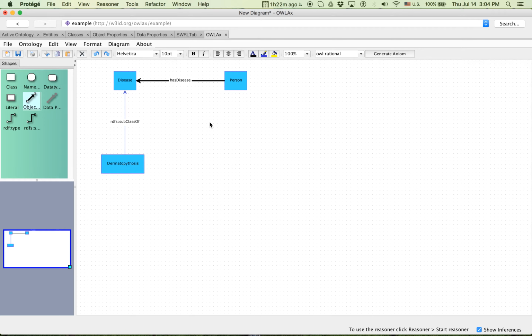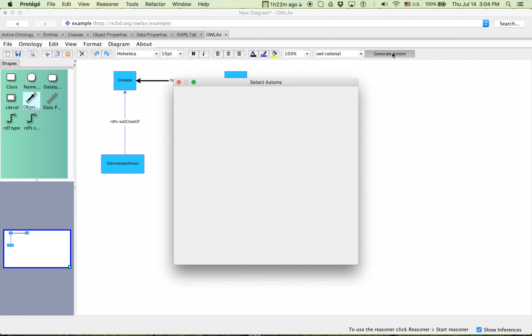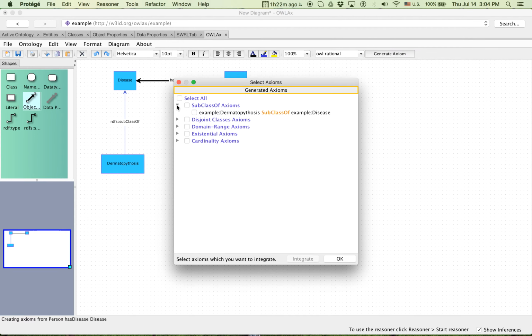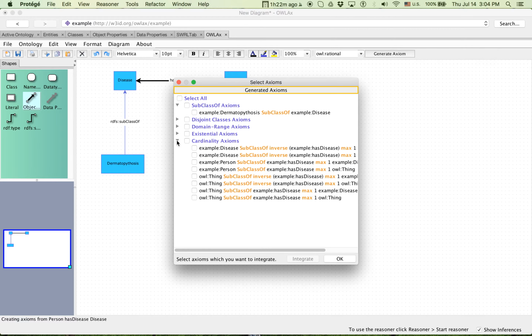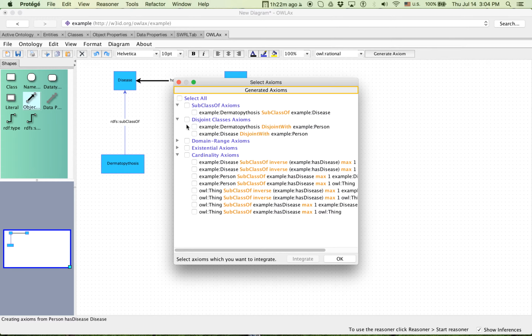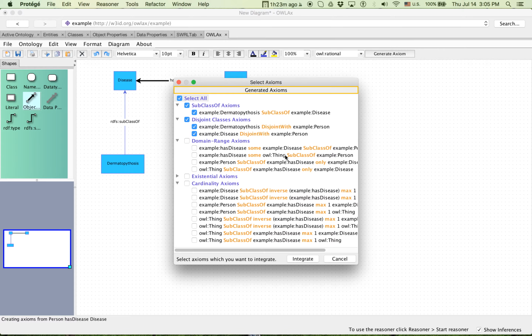What happens now if we generate axioms? So we generate axioms. So we now see that we could choose which axioms, more axioms here. For example, disjointness between these classes. We could choose to assert this or not, or integrating this axiom into the active ontology. Put the subclass axiom again. And then for domain and range, because we only have one object property, you see